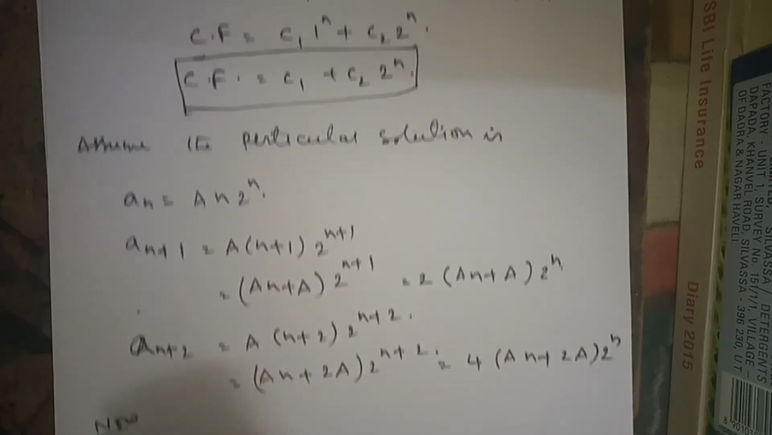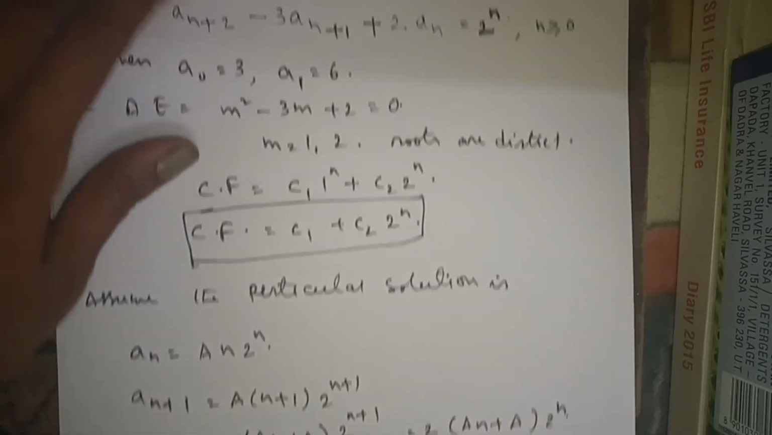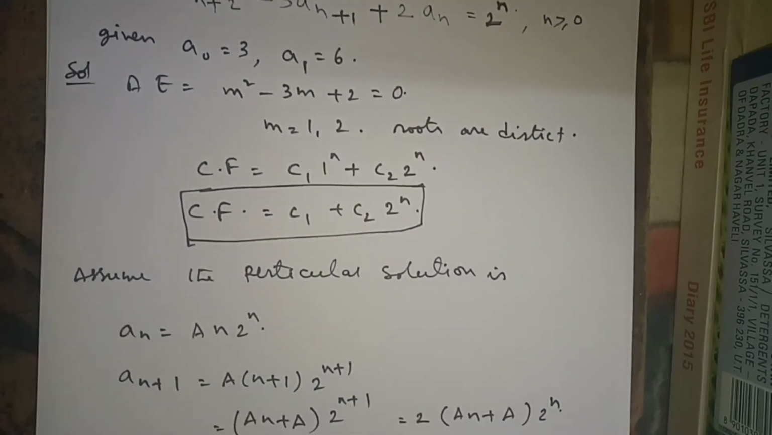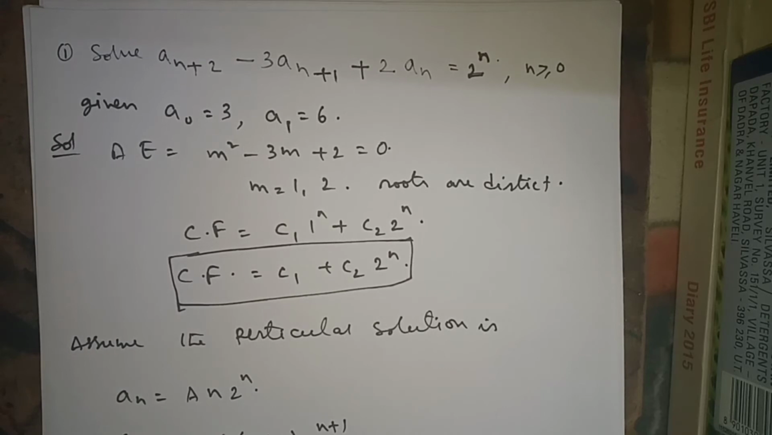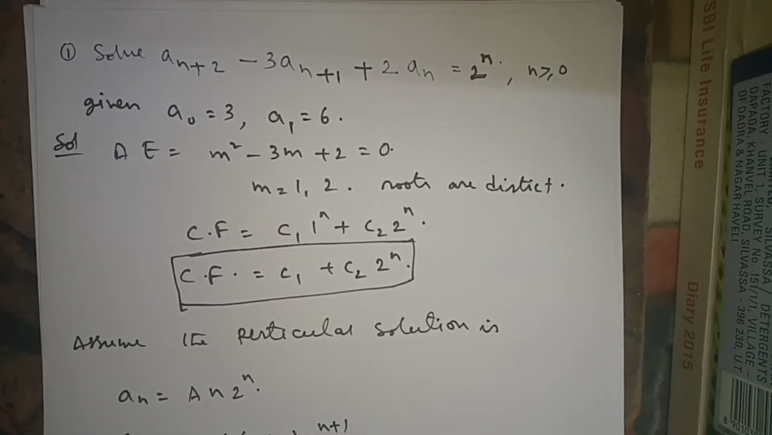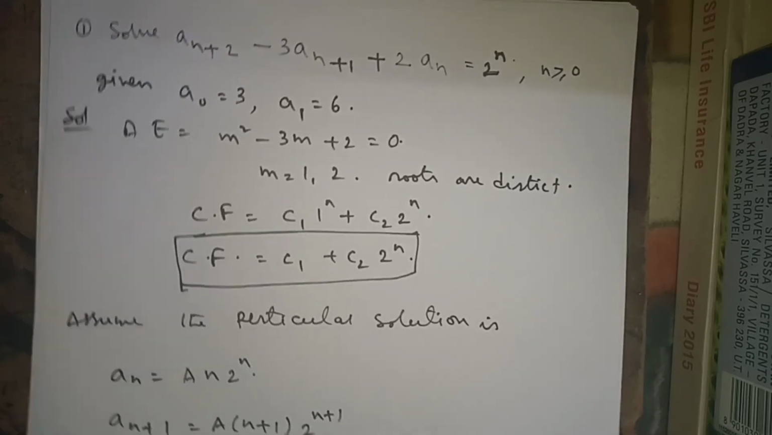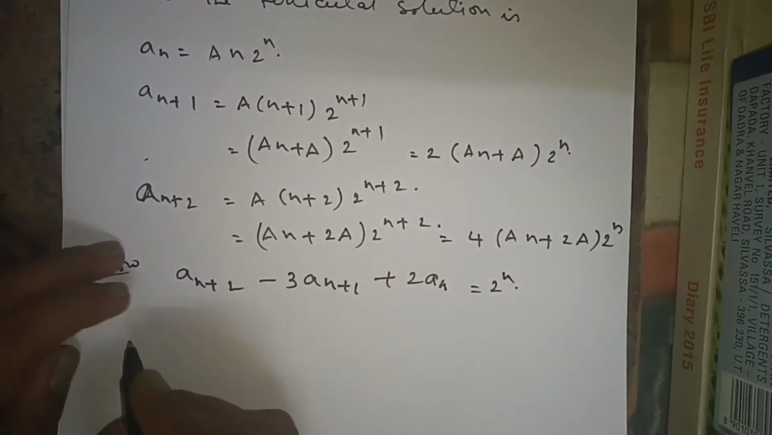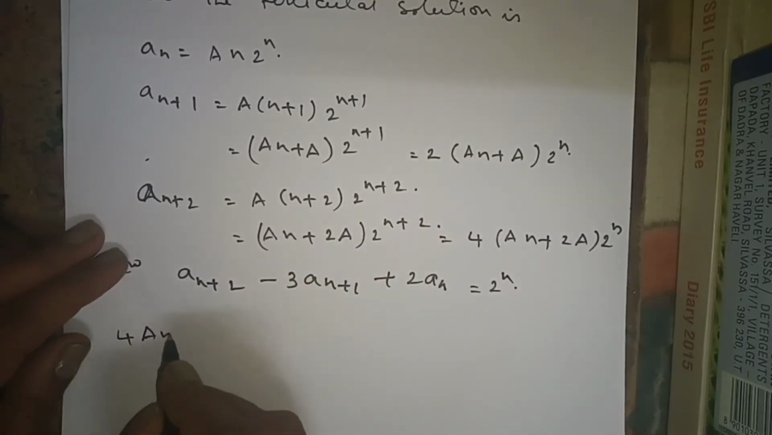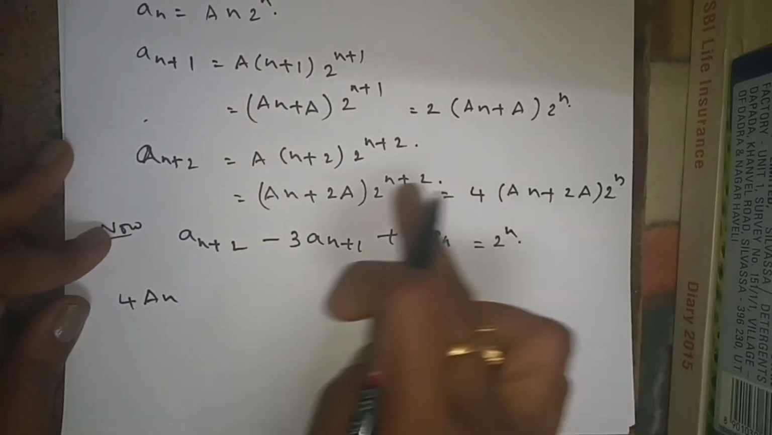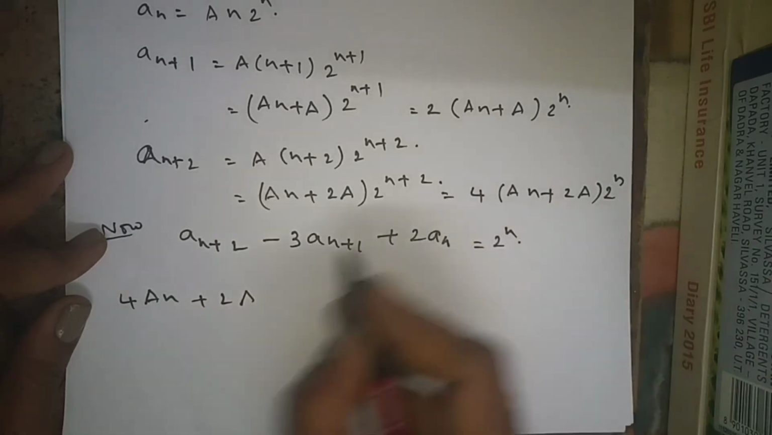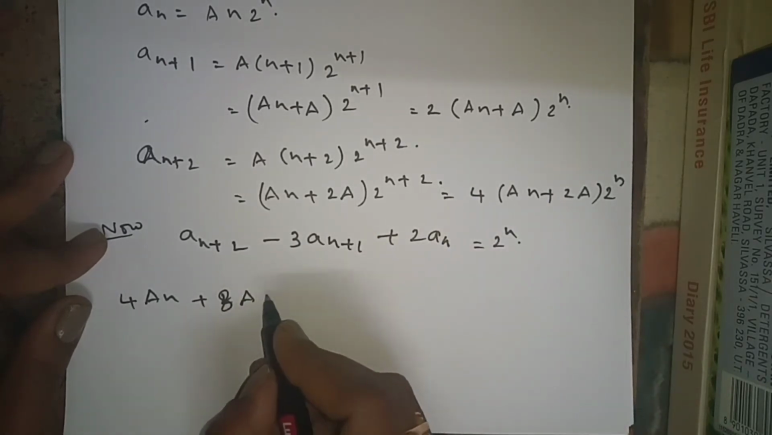Our given problem is a_(n+2) minus 3a_(n+1) plus 2a_n is equal to 2 to the power of n. I will write that one. a_(n+2) minus 3a_(n+1) plus 2a_n is equal to 2 to the power of n. Now a_(n+2) value is how much? 4a_n. From this I am writing 4a_n plus 2, 4s are 8, 8a